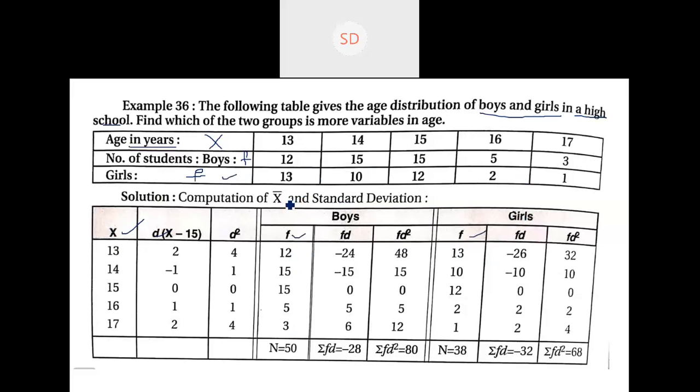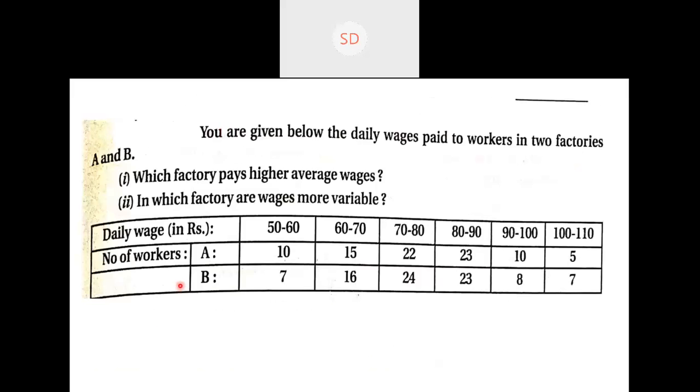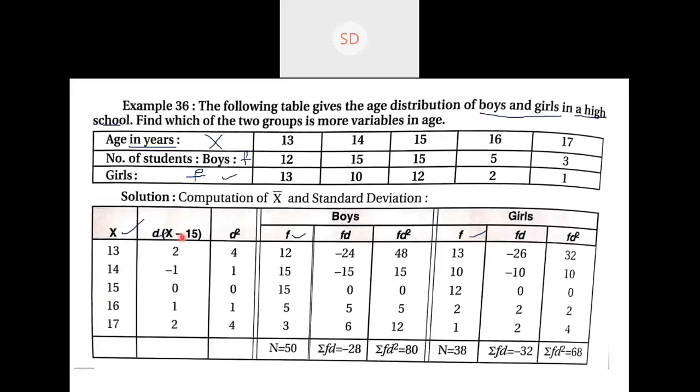Now we are supposed to find x bar. What is the formula of x bar for us to calculate? We have to be very careful, it's a discrete series problem. What is the formula to calculate x bar, or the arithmetic mean? We are using the assumed mean here: A plus sigma FD by N. So we are supposed to calculate sigma FD. To calculate D, we have to consider x only. That is why we have taken D here. I am going to summarize the whole problem later. So first understand the problem as much as you can. Once we consider x, we have to consider the d.